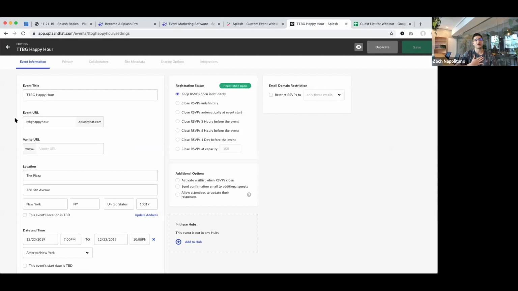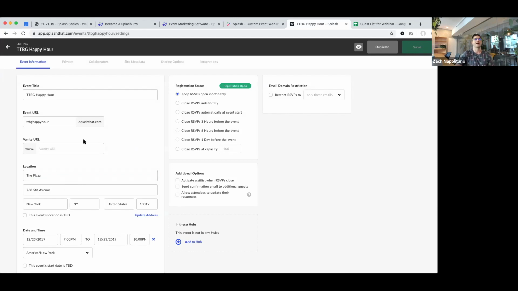This is where I always start. It's not the most exciting part of the platform, but I'll tell you, this is where the bodies are buried. I've lost a lot of good event marketers, people who zoomed through that event creation form and didn't enter the right time, right? Or forgot the venue. Always come in here and review everything.